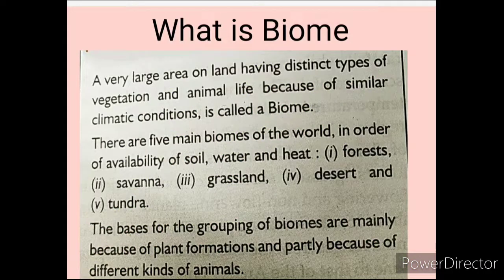Next question is, what is a biome? A very large area on land having distinct types of vegetation and animal life because of similar climatic conditions is called a biome. There are five main biomes of the world in order of availability of soil, water and heat: forest, savanna, grassland, desert and tundra. The basis for the grouping of biomes is mainly plant formation and partly the different kinds of